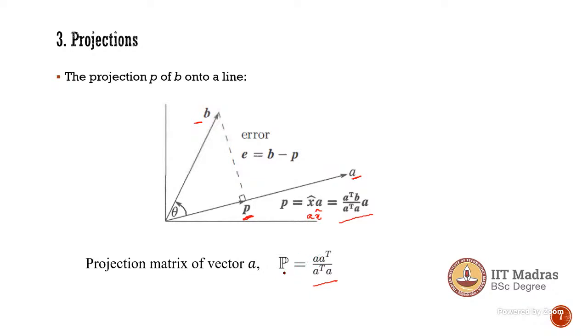And this projection matrix is found to be symmetric in nature, and also the square of the projection is equal to the projection. That is understandable, right? You are already projected onto this vector, and making another projection will result in the same value. That is why P squared equals P, and this P matrix is a symmetric matrix. Since this error is perpendicular to the projection, we have this 90 degrees. This error vector is obtained by subtracting the projection from your vector, that is, e equals b minus p.